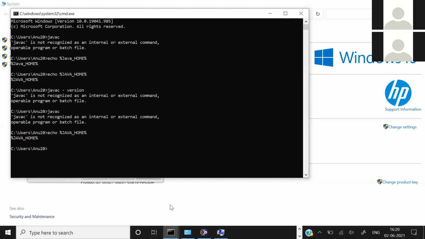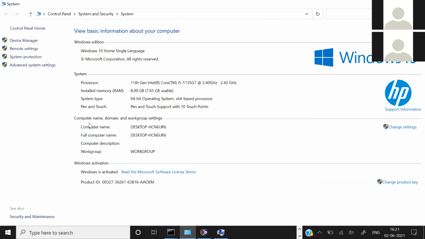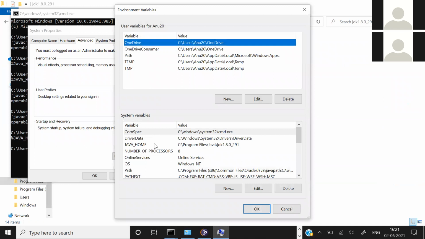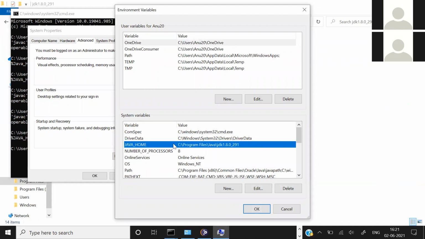Go to the advanced system setting. Check whether you have typed the same Java home or not. You have typed the Java home. Why have you typed Java home, by the way? You are setting the path for this Java in your system. In your system variable, we need to set the path for the Java. Yeah, that is fine, but why is the variable's name Java underscore home? I have kept simply Java. Yeah, you can keep it any name. I usually use Java home.